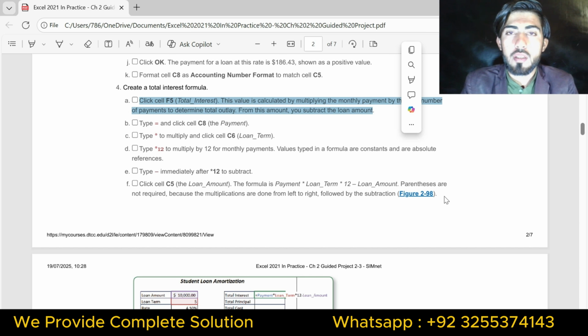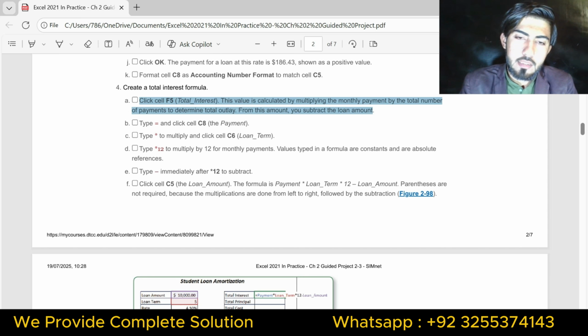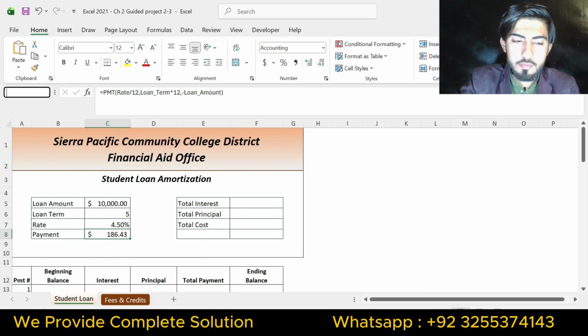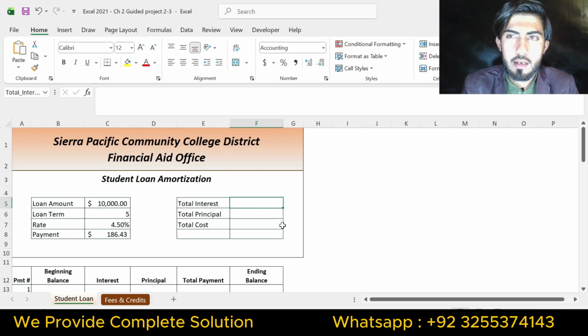This value is calculated by multiply the monthly payment by total of payment to determine total outlay. From this amount you subtract the loan amount. So this step is just saying that click cell F5. So go to the Excel worksheet and select cell F5. This is cell F5.